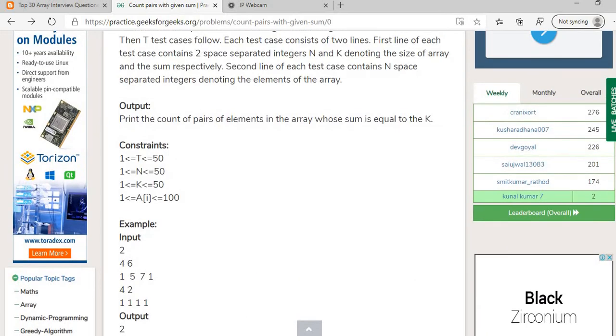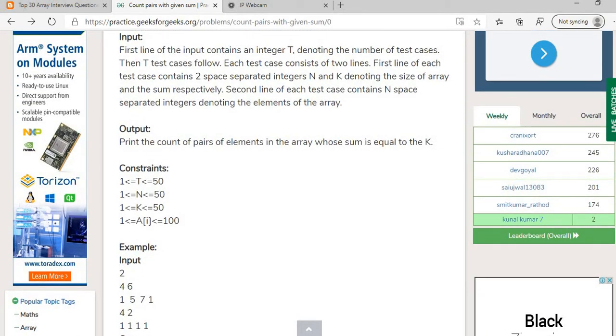So here we need to take the number of test cases t. First line, each test case contains 2 space separated integers n and k denoting the size of the array and sum respectively.